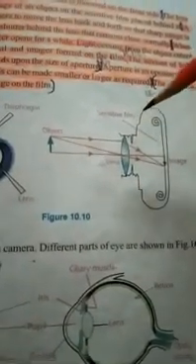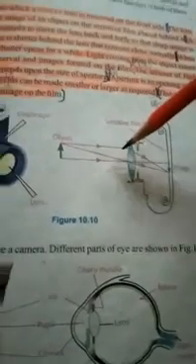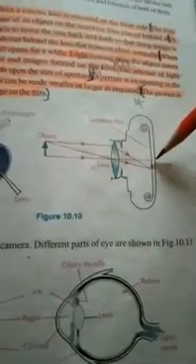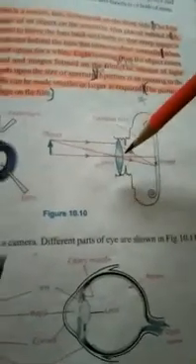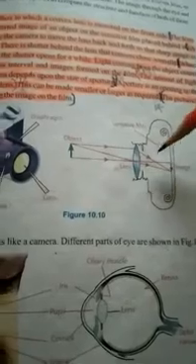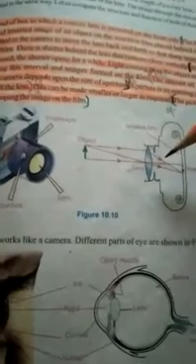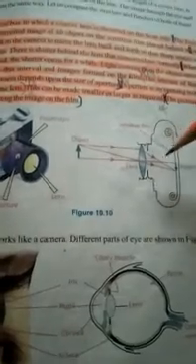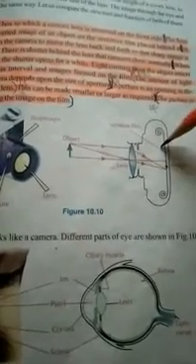If we want to see any object, then the light rays will pass through this lens and all these rays will converge at one point, that is the sensitive film, and as a result we get the image on this film. The lens that is used in this camera is a convex lens, and you are already aware of this concept that the convex lens is also called the converging lens. Why is it called the converging lens? Because it converges all the rays at one point, and as a result we get the image of that object.